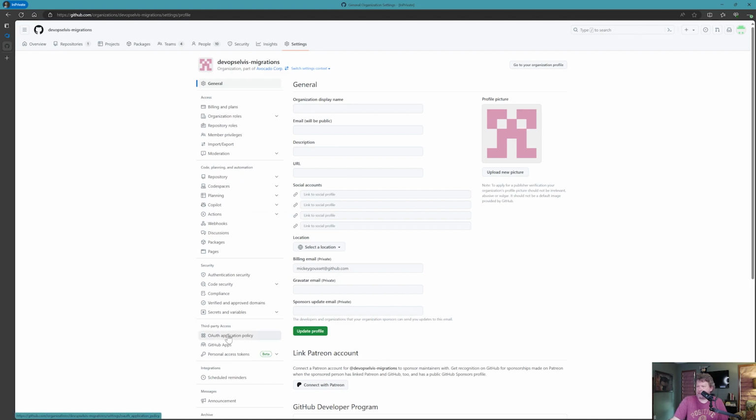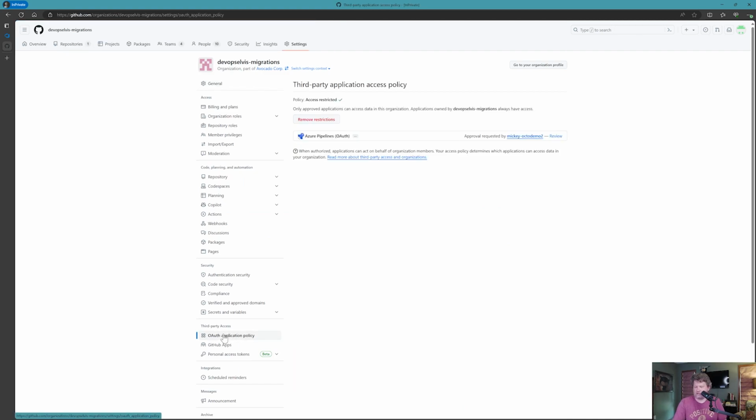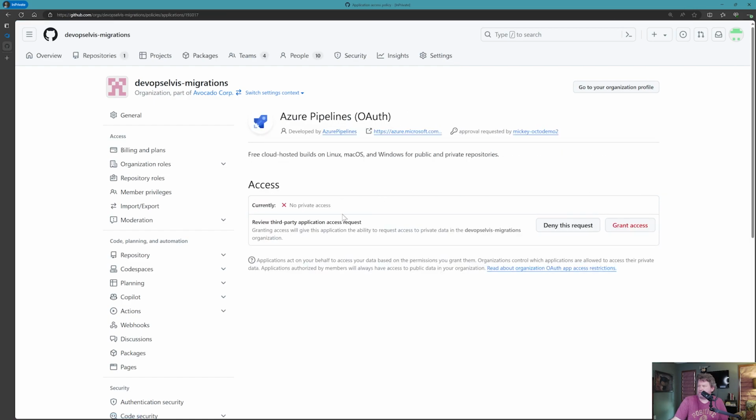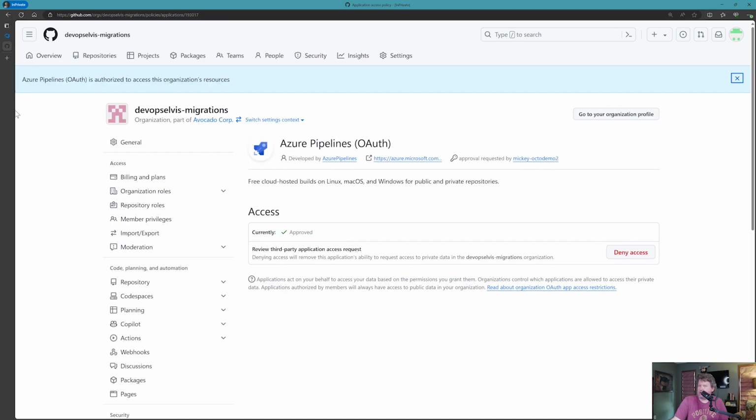And we can see there's an OAuth application policy here. Let's blow this up a little bit. And you can see there's an approval that's been requested by Mickey Octodemo 2. All right, so I'm going to review this, and I'm going to grant this access. And now by granting this access, I should have the ability